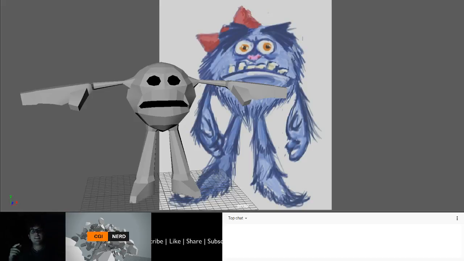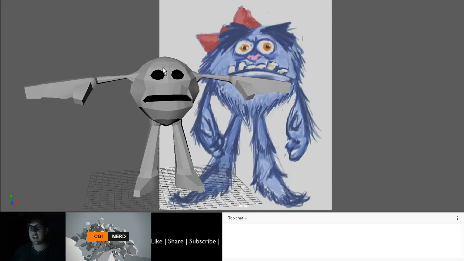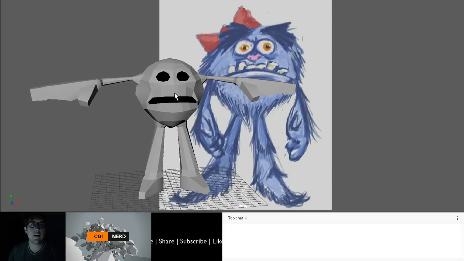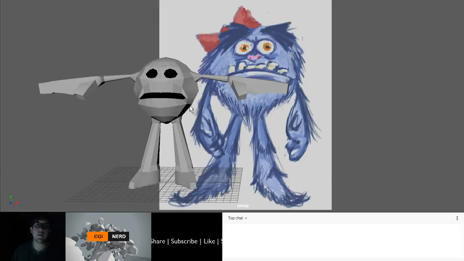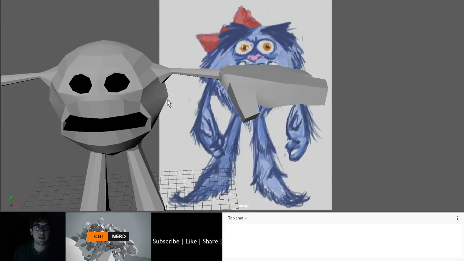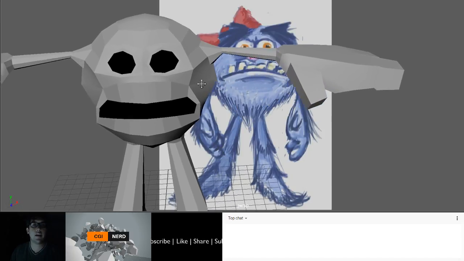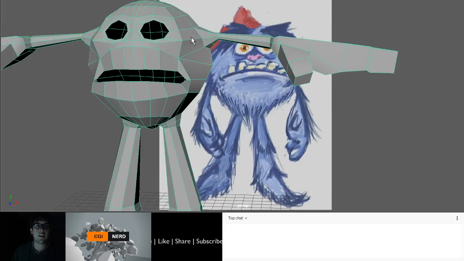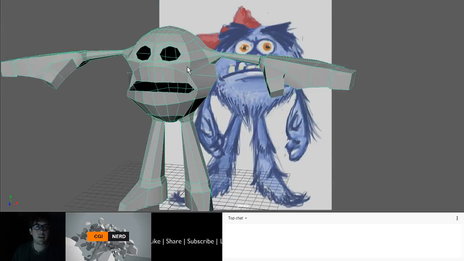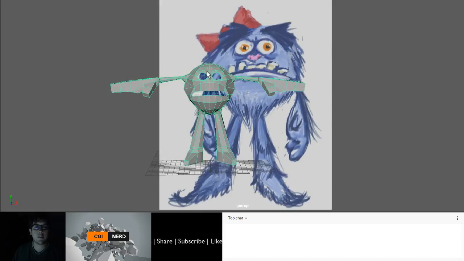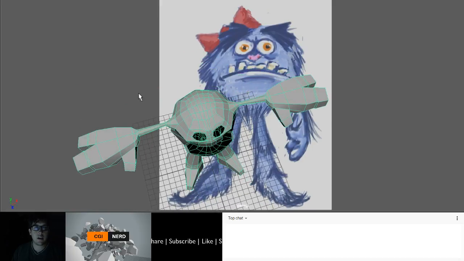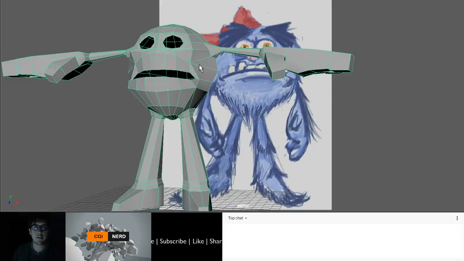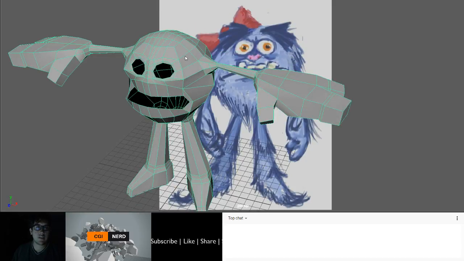I'm Alejandro, the CGI nerd, and I'm going to try to finish up this little character here. Not the full model, but just the low poly block in, because it was really late on the last live stream. I want to make sure that I get the edge loops correct and that I can fix some of the topology, because if we look at, for example,